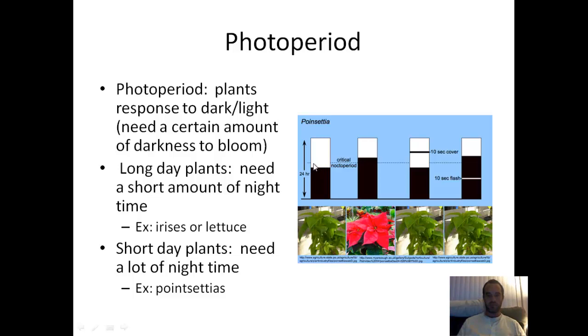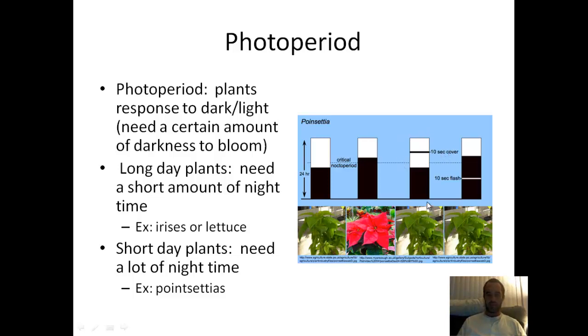darkness. Here is a poinsettia, and this is what it would look like if it's given too much daylight. It's just going to stay green. This plant here, they've given it maybe 16 hours. They've given it enough nocturnal time. And we see these bright red leaves and the blooming of the poinsettia. And then in this example, they gave mostly that critical dark time, but they didn't give enough for the blooming. So just like this one, they didn't give enough. But they did give a flash of darkness for 10 seconds during the light period, and still we see no